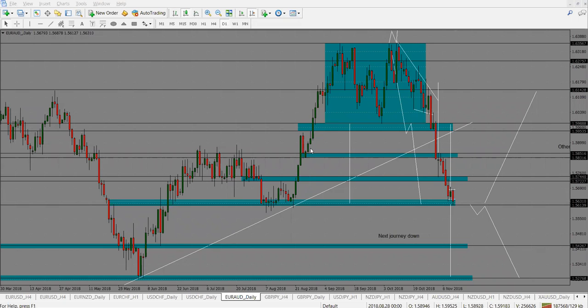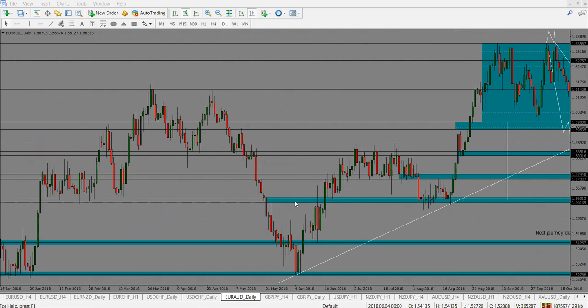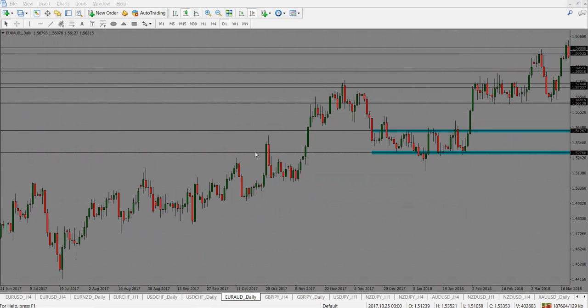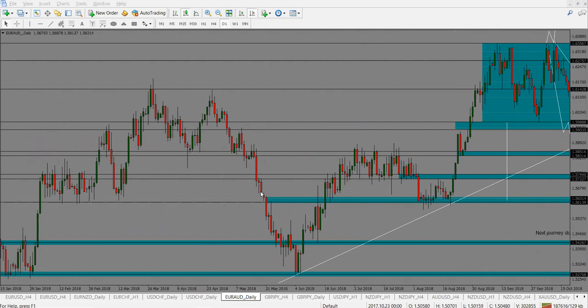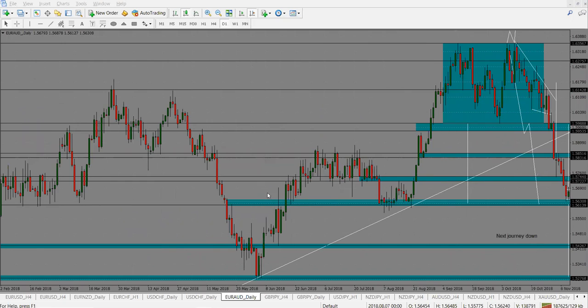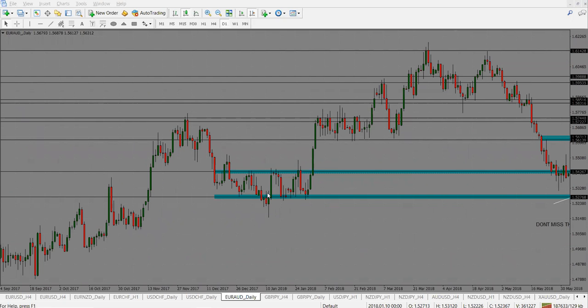Okay, hi guys. This session is a very short one. I just want to explain something about the movement of Euro Aussie. It's really sweet if you can see all of the blue lines, how price action